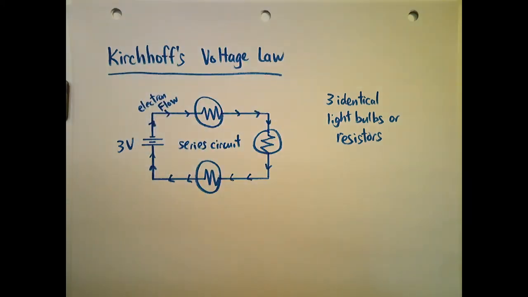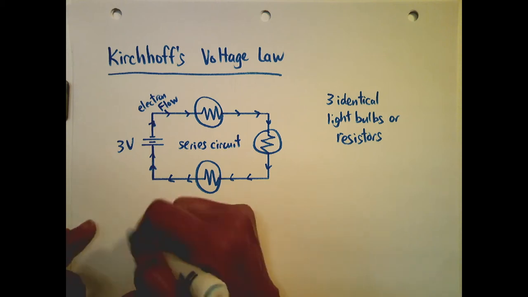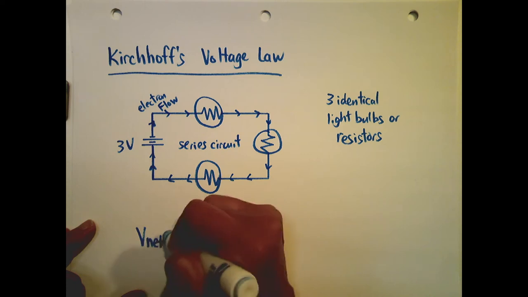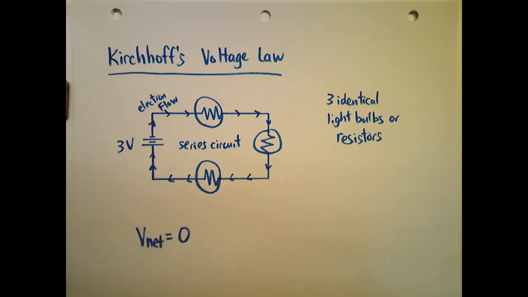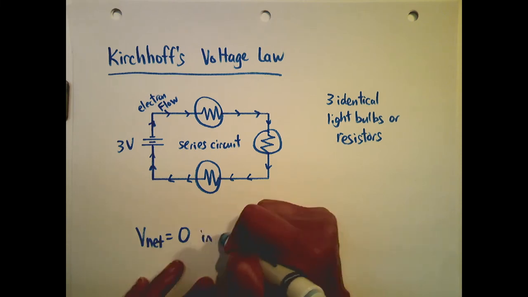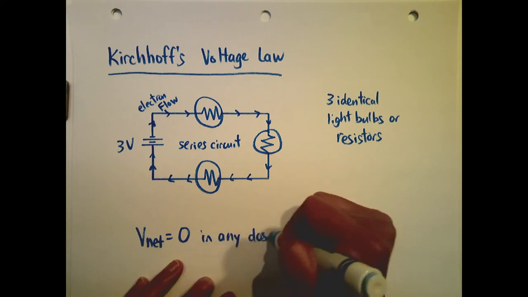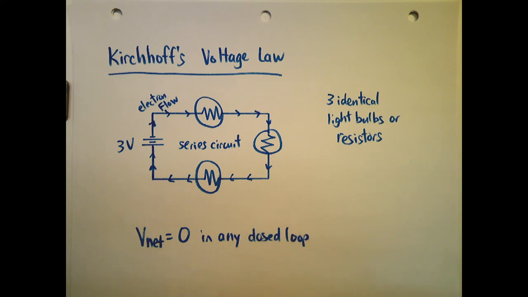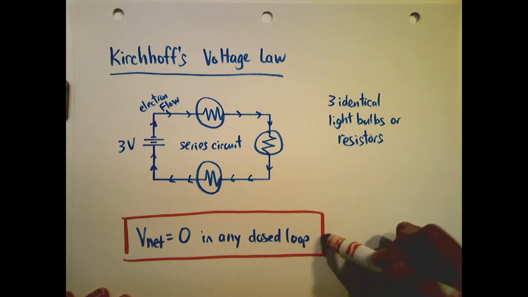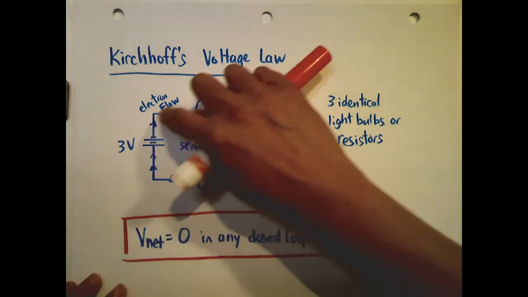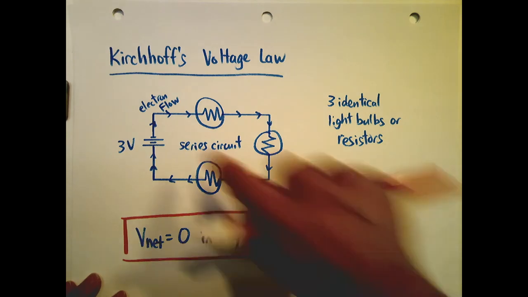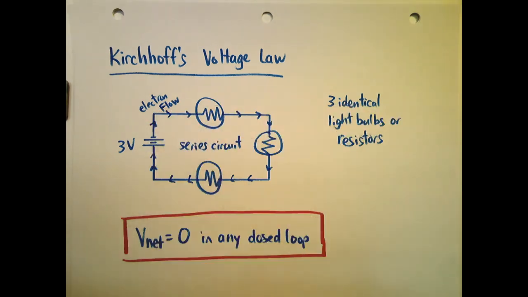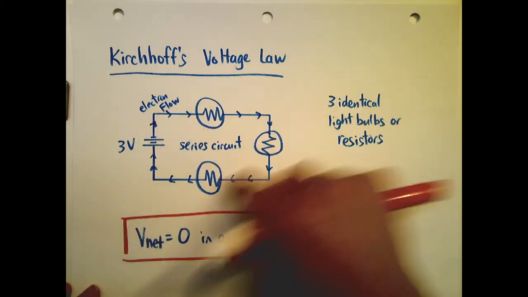Perfect. All right, so what does Kirchhoff's voltage law say? Well, basically, any net voltage in a closed loop is equal to 0. So net voltage is equal to 0 in any closed loop. Okay, so in any closed loop, that is the general rule. So what does that mean? Well, this here is a closed loop because once it goes back to the battery, then it just continues on the same path. All right, so you can say same path and it's closed, it just repeats itself in a